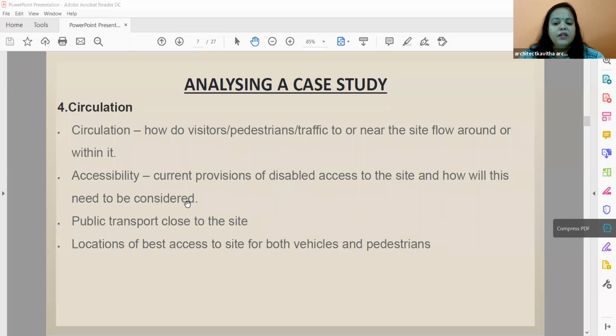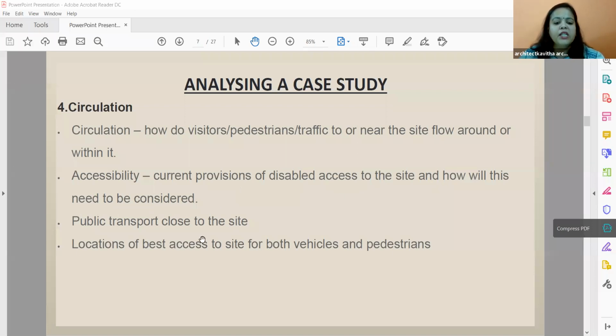Then accessibility, how you are accessing the site. In today's design, most of the public buildings, they are saying they have to give space for disabled people. You should have ramps, lifts should be easily available, there should not be any step. So when I say hospital, again, check whether these disabled accesses are available. Even in our college, if you see, we are doing lifts now, right? We have done a lot of ramps everywhere. Ramps we have introduced, even at the entrance, even at the back entrance. So whether they are there in the design, you have to check.